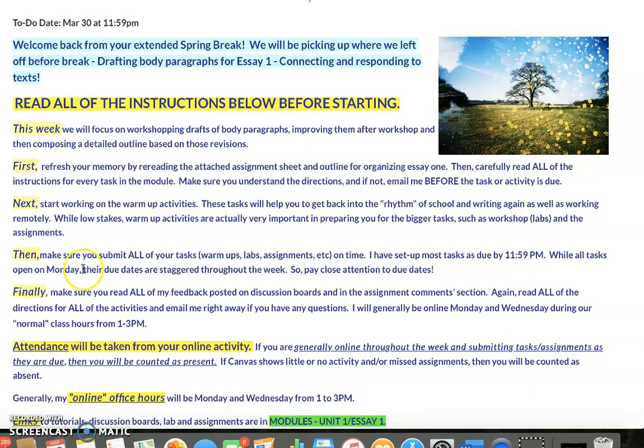While all the tasks open on Monday, so everything is visible and opens up at the beginning of the week, they all have different due dates, and the due dates are staggered throughout the week. Some things are due on Monday, Tuesday, Wednesday. Some are due at the end of the week. So pay close attention to those due dates. Finally, make sure you read all of my feedback